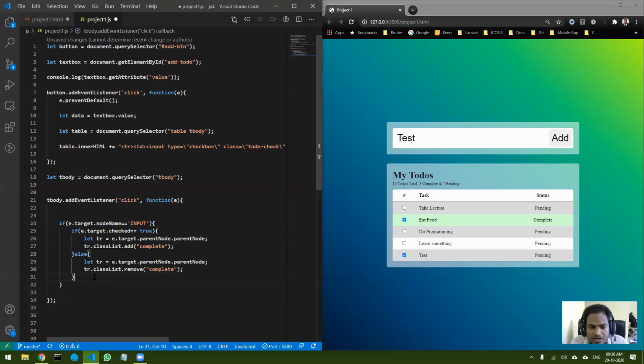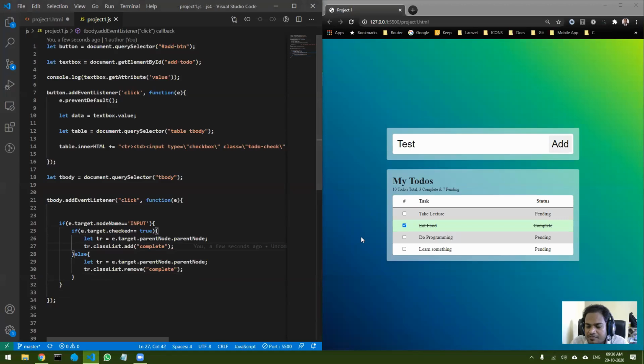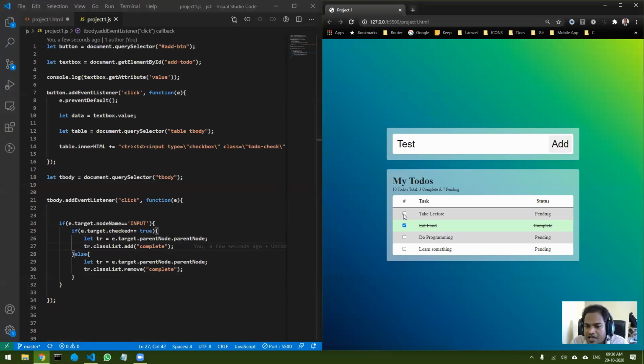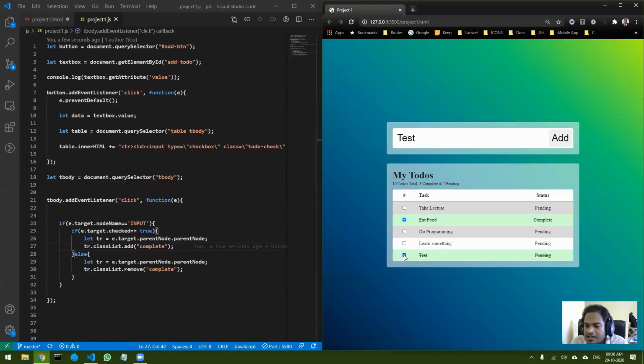Now I think that should work. Let's save it. Now refresh. If I select, you can see it works. And if I add a new element, it still works. So everything works perfectly.